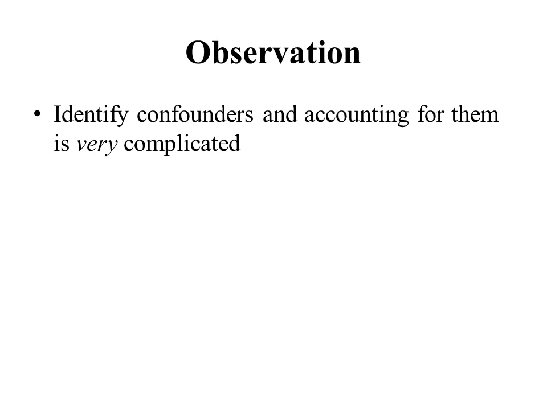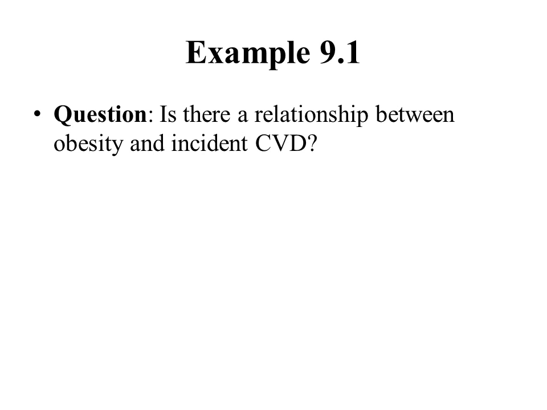Now, another observation is that identifying confounders and accounting for them is very complicated. We're going to talk about just some very simple basic ideas and techniques for dealing with them. We could spend entire semesters talking about identifying confounders and how to deal with them. So this is a very complicated issue. To try to illustrate some ideas involved with identifying confounders and accounting for them, let's look at example 9.1